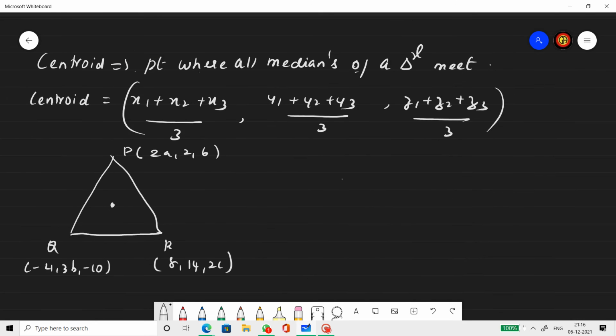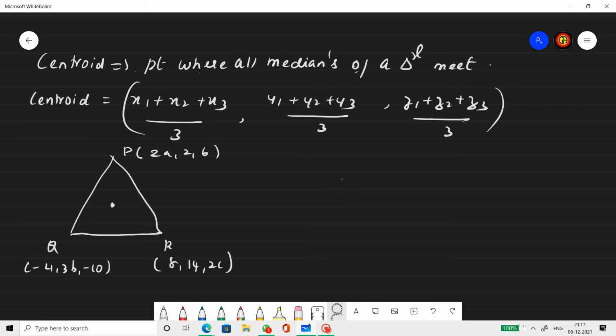So the next question is using the centroid information. So what is a centroid? Centroid is the point where all the medians of a triangle meet. We saw what is a median in the previous question. The point where all the medians of a triangle meet is called the centroid. To find the centroid, the formula is this. Centroid divides the median in the ratio of 1:2. That is also a valid piece of information which will sometimes come as a 1-mark question. So a centroid will divide the median in the ratio of 1:2.